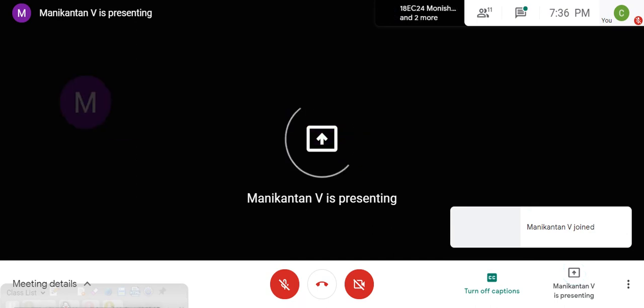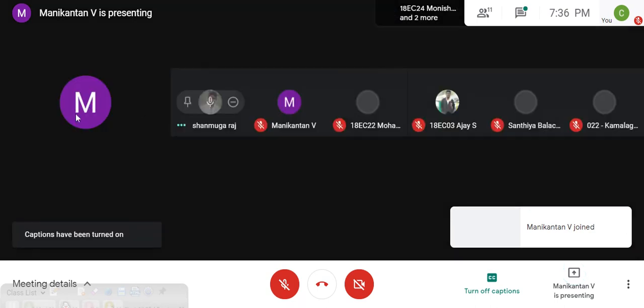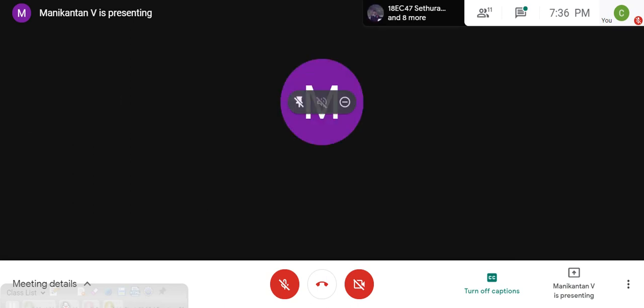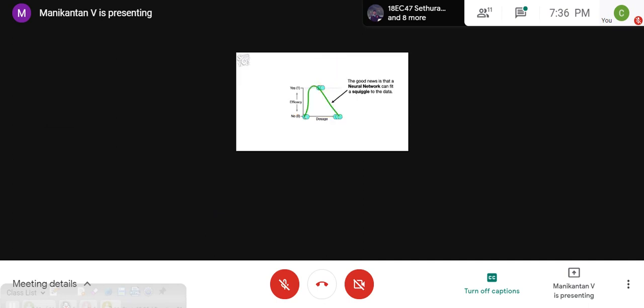rotate the straight line. It can only accurately predict 2 of the 3 dosages. The good news is that a neural network can fit a squiggle to the data. The green squiggle is close to 0 for low dosages, close to 1 for medium dosages, and close to 0 for high dosages. And even if we have a really complicated data set like this, a neural network can fit